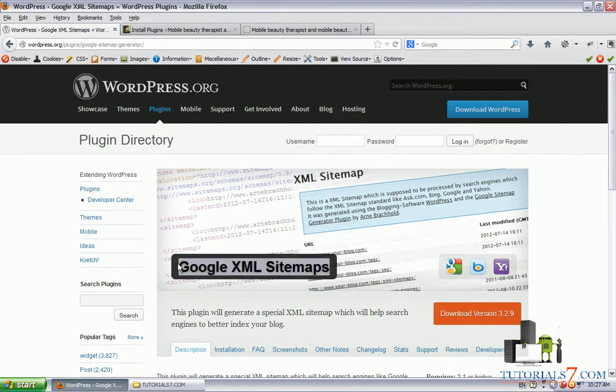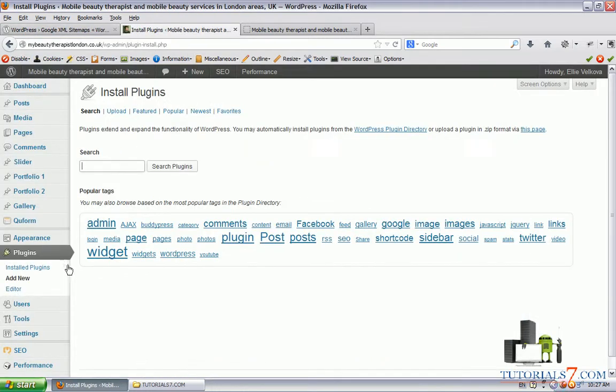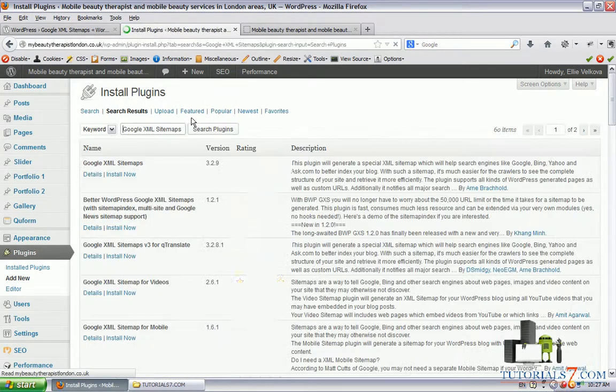Alright, so you can go to this page and download the plugin from the official site, or you can simply go to your install section and search for the plugin in the WordPress directory. Okay, so now we will install the plugin. Here it is. As you can see, it has a very high rating.